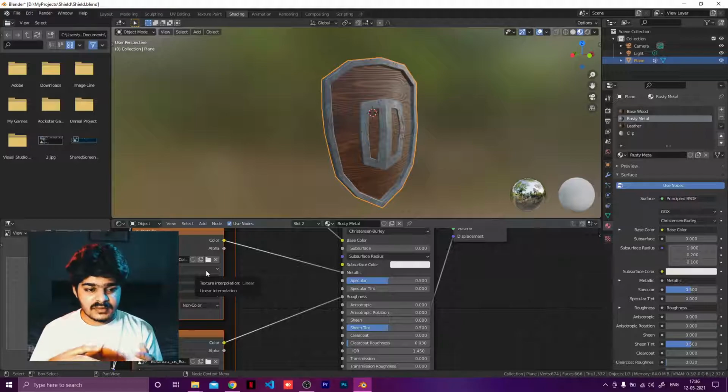And this is not the optimized way of doing things. If you are using this model as it is right now in your games or maybe in your VFX project, it is not an optimized model because it has too many textures, which are not even going to be used in their entirety.